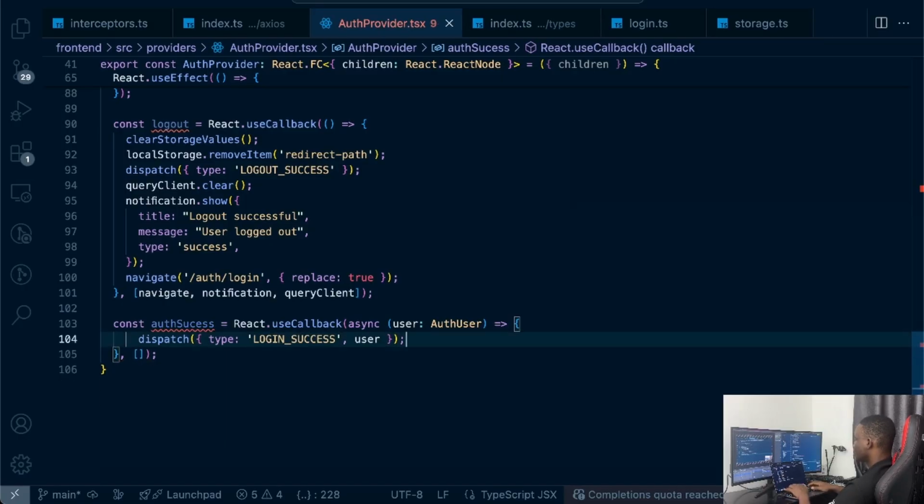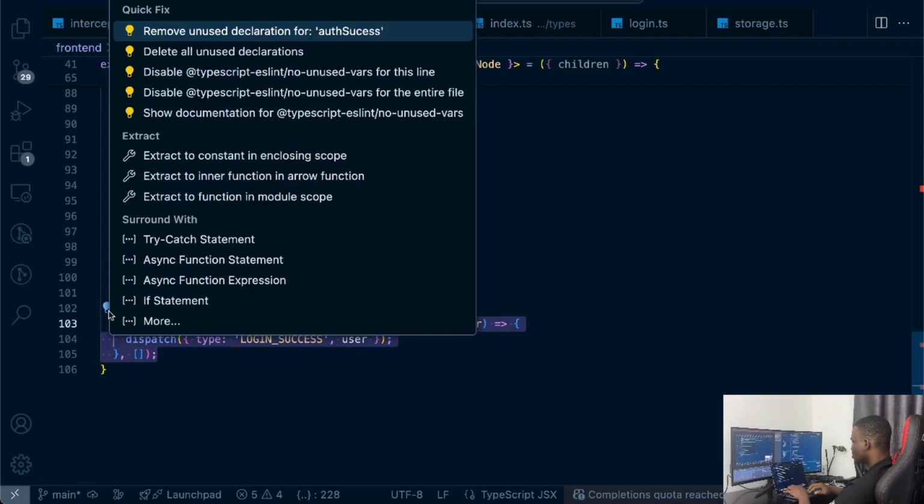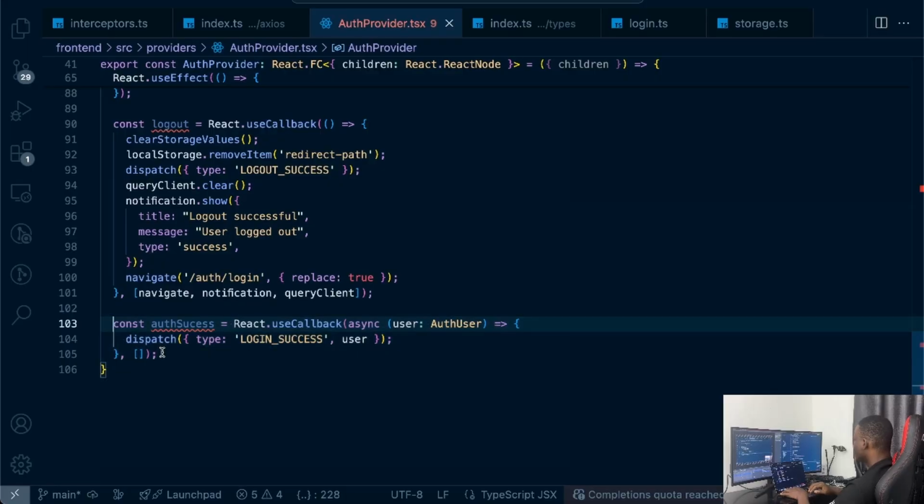Yeah, so this is the correct syntax. We put in the function as a callback to this, and we put an empty array, which means that this will only run once. Okay, so the next one is